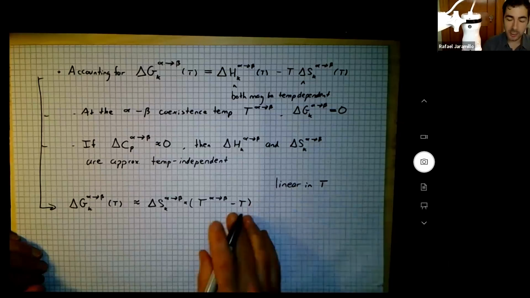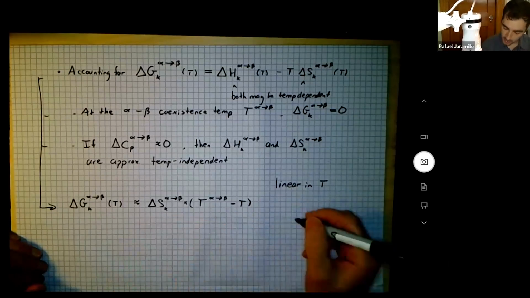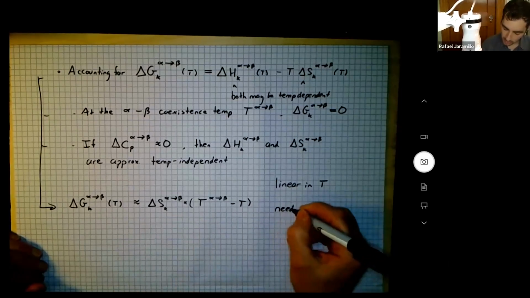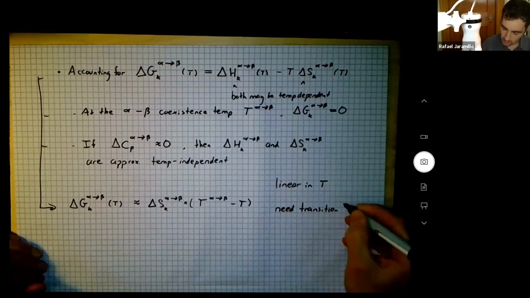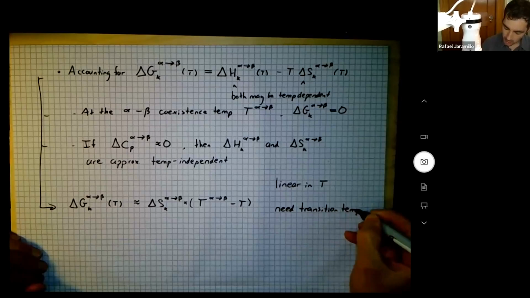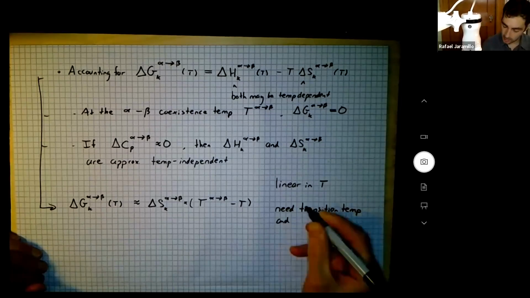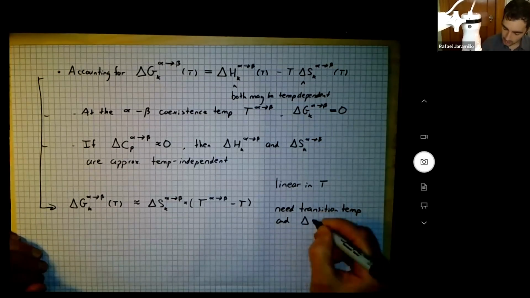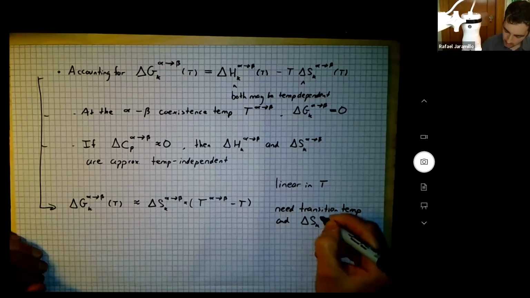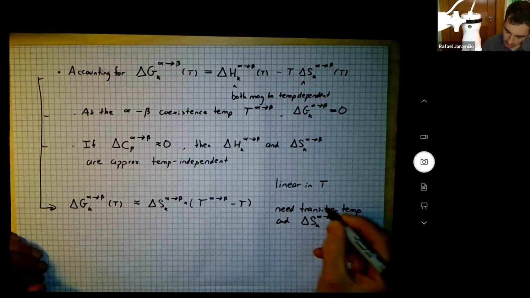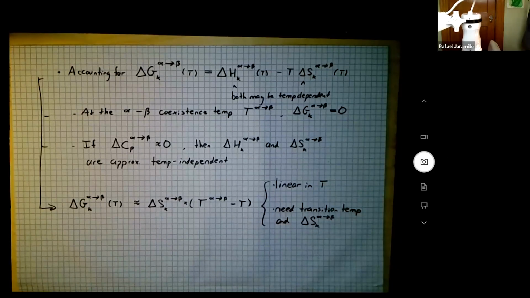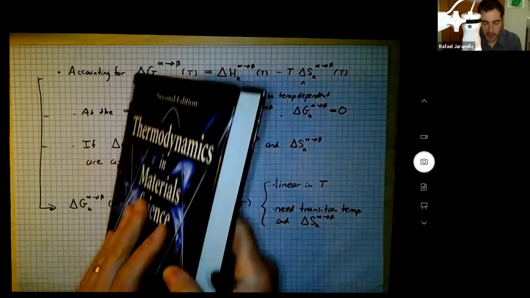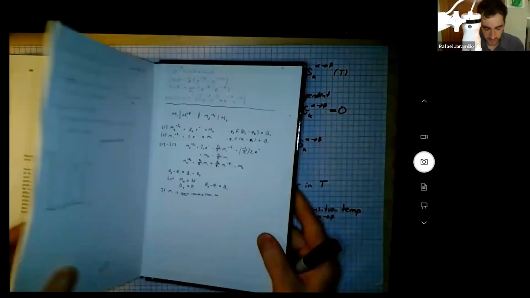And what do you need? What data do you need to evaluate this? You need transition temp, and the entropy of the transformation. And that's the sort of data that, you know, as a reminder, that's the sort of data you get in databases. So here's, for instance,